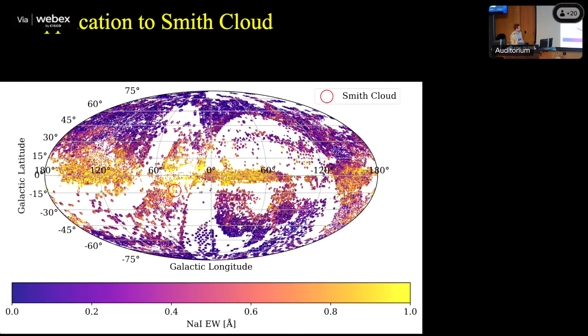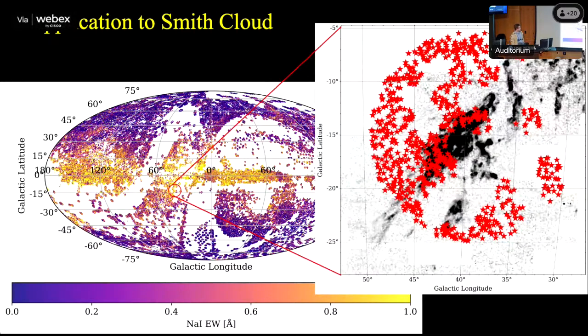So now applying this to one of our high velocity clouds, if we just zoom in on this little red circle here, we'll find the Smith cloud, which we can see has excellent coverage with our sample, over 1,000 stars within a 10-degree radius. This high velocity cloud has seen a lot of research done on it, including 3 distance estimates, 2 using indirect methods with gas kinematics and H-alpha fluxes,